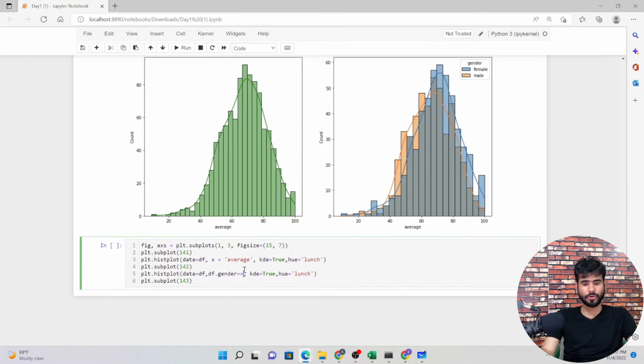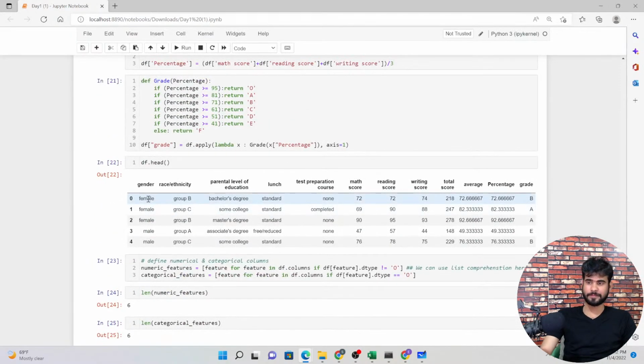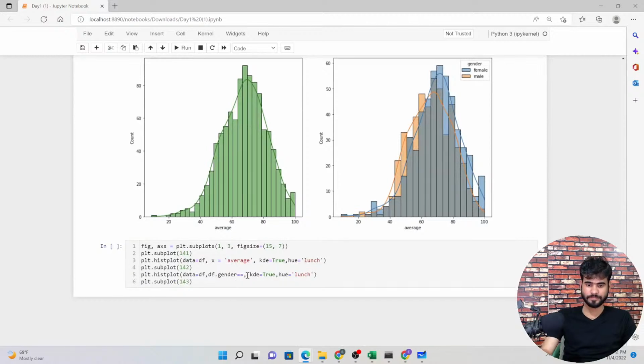Gender equal to what? Let me check the spelling. Female. Gender equal to female. Okay, now x, same thing, average I want, KDE true and lunch is fine.